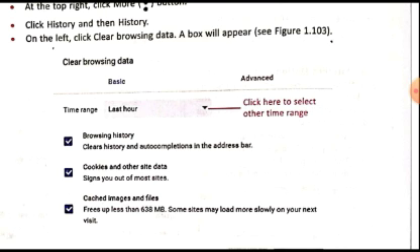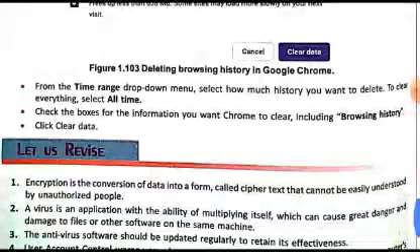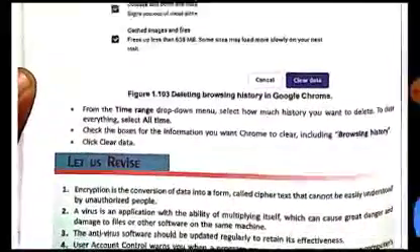The only difference will be in the interface and the options which we have to choose in the different browsers. So I hope this topic is clear to you all, and with this topic we have also finished this session. After this we will move on to the next session in the next unit.